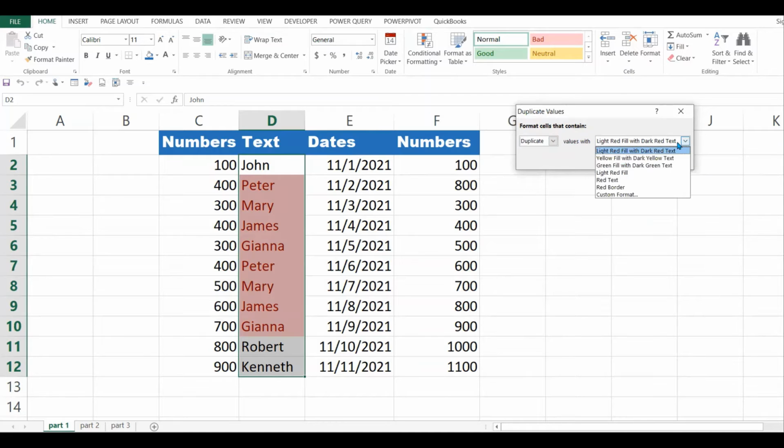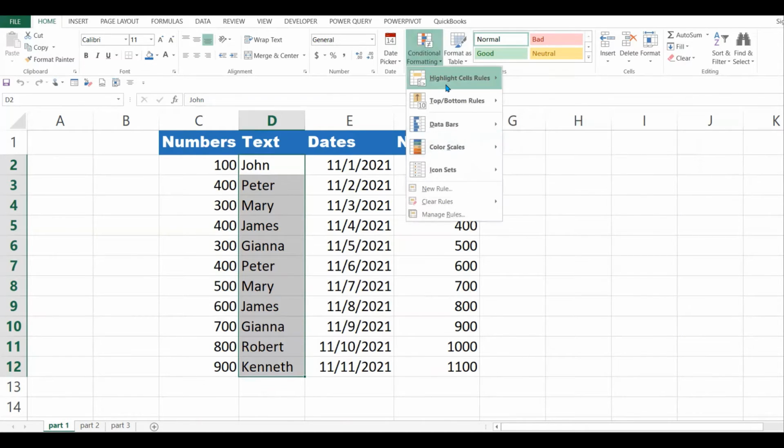I can give them that color. So you see Peter is here, Peter is there, Mary there, Mary there. Those are duplicates. Now, the rest here is the same as before, but you can also do unique values. Click on unique, and you see the only unique names are highlighted here, which is John, Robert, Kenneth. Those are the unique items in this list.